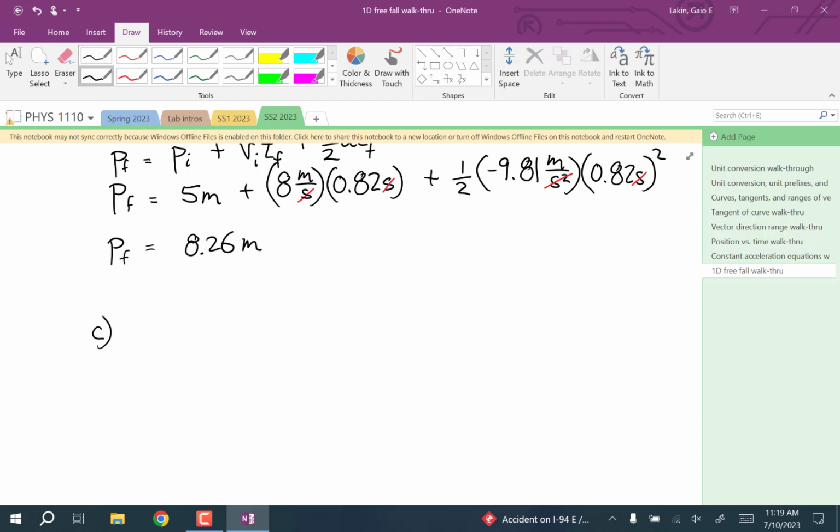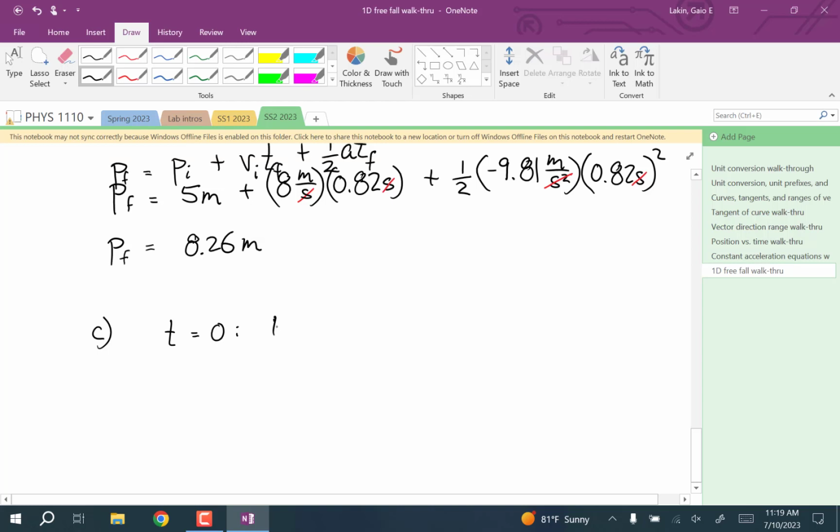Pause the video and see if you can figure out what we're going to use as our time equals 0 and time final. Okay, there's no reason to change our time equals 0. That's still going to be the instant that it's launched. But time final we have to change